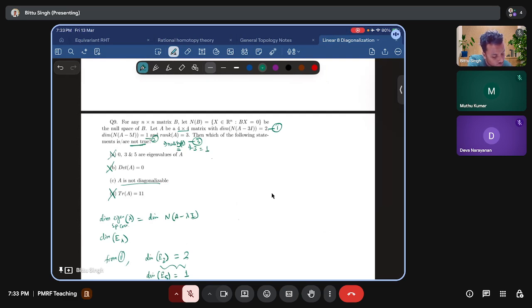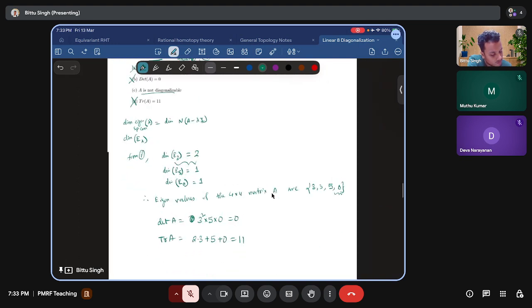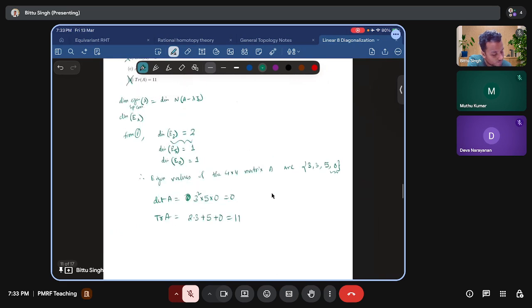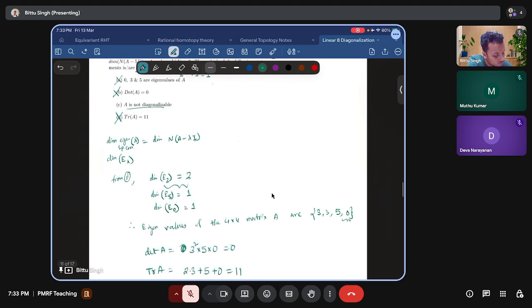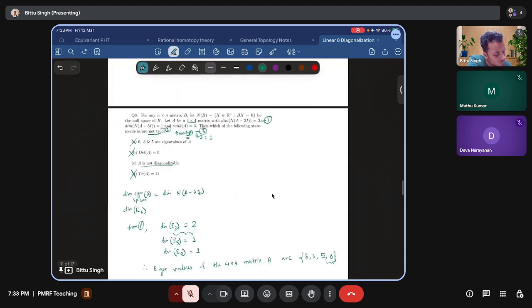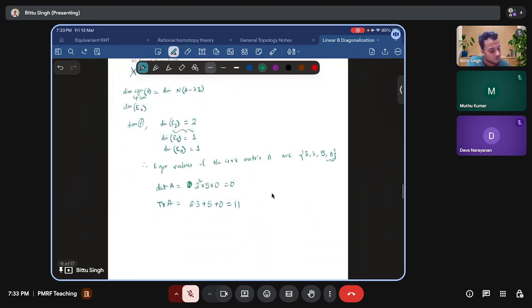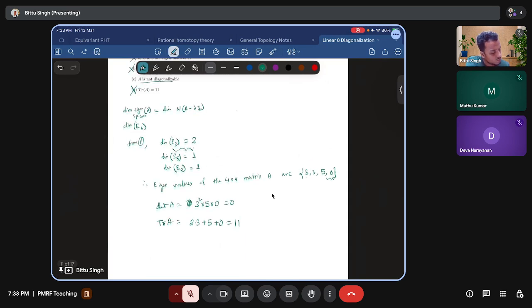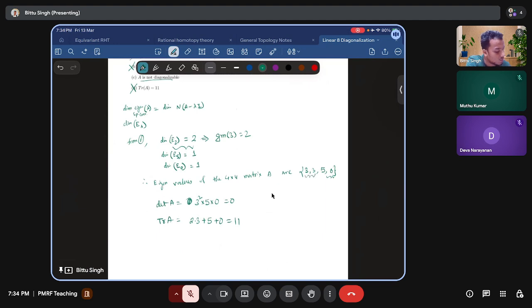We are finding which are not true. Now A is not diagonalizable. Is it clear why A is not diagonalizable? So you can see that 3 appears twice. So from here it is clear that the geometric multiplicity of 3 is 2. But the algebraic multiplicity of 3 is also 2. Right? So what we are getting actually,